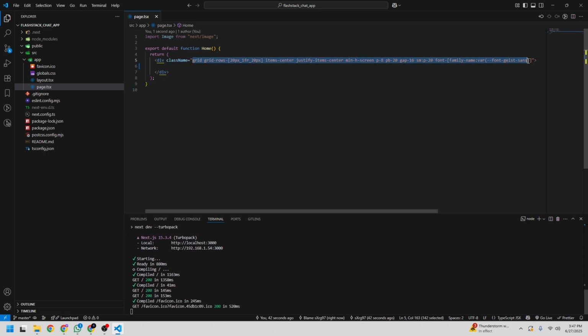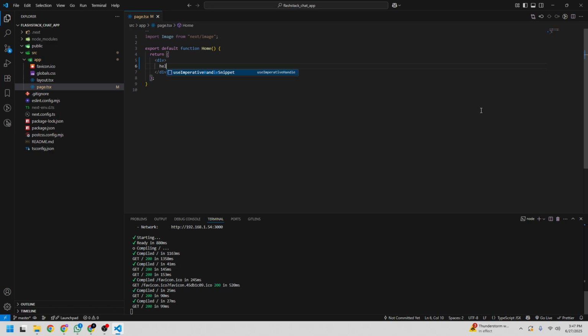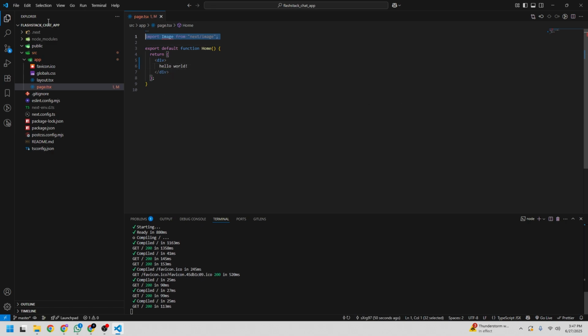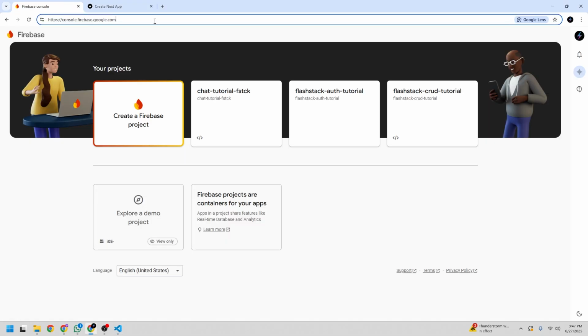Let's also go ahead and clean our className so that we can start building from scratch. I'm going to write hello world. Let's remove the import at the top. And now let's go ahead and set up Firebase. We're going to go to this link,